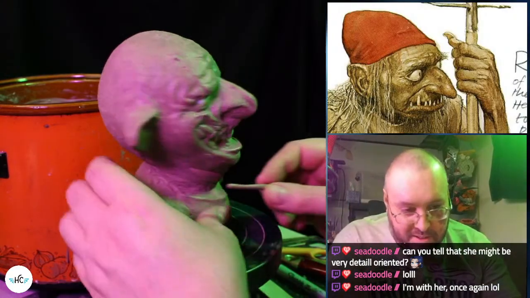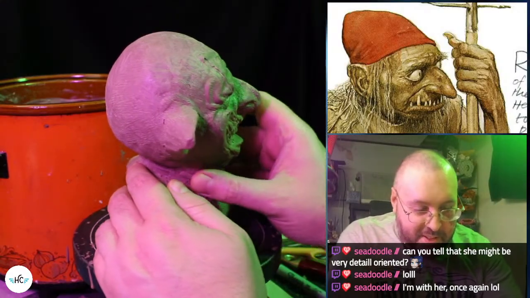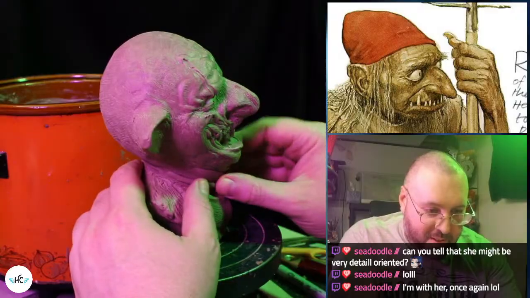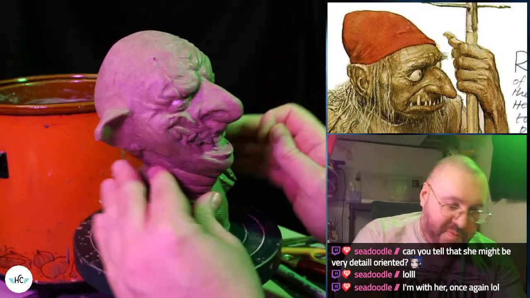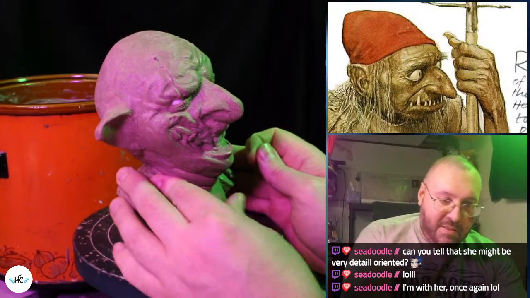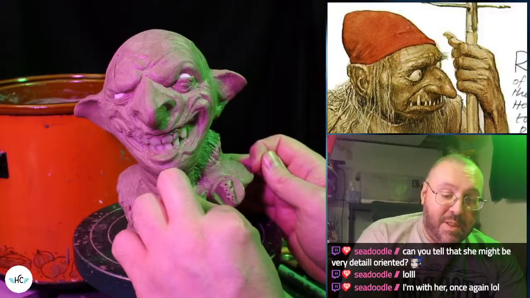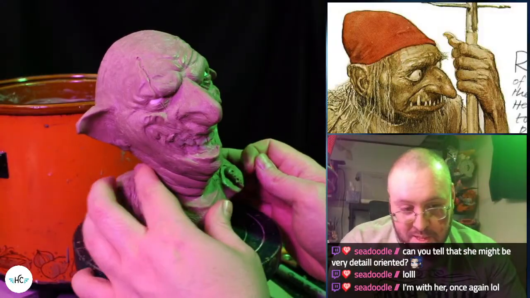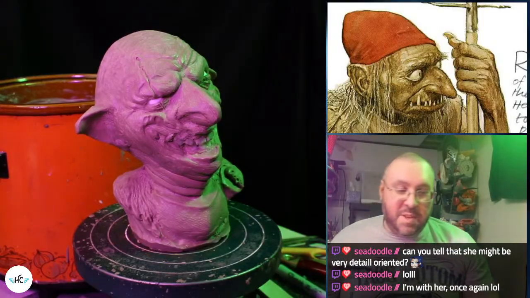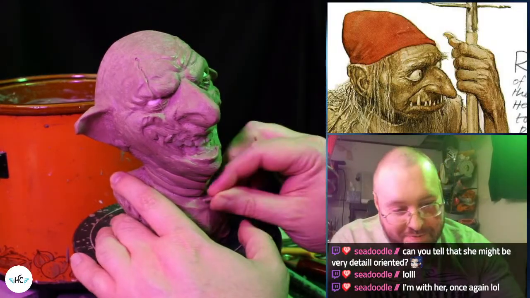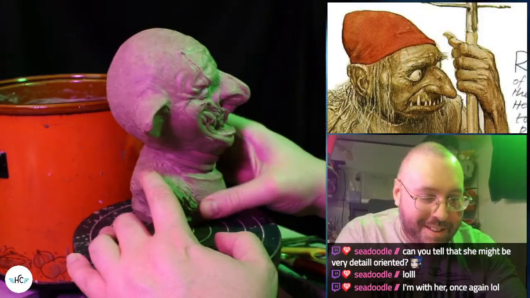Yep, just can't help myself. Gotta fiddle with the goblin. Get that nice wrinkly neck going. Maybe that's what I should do for another project. Something without a wrinkly neck. No, no more wrinkly neck.